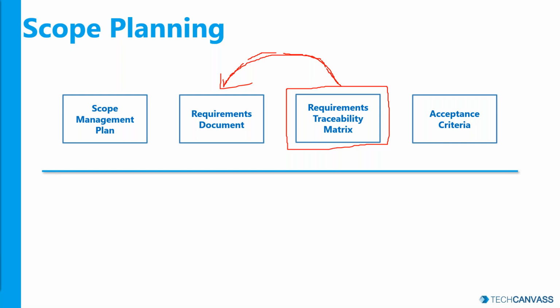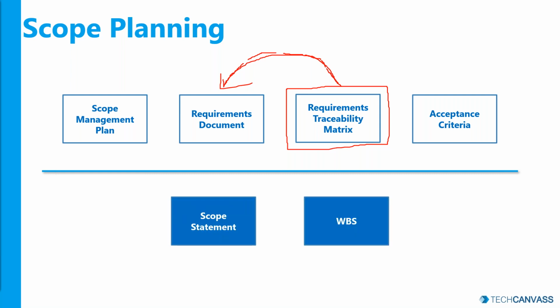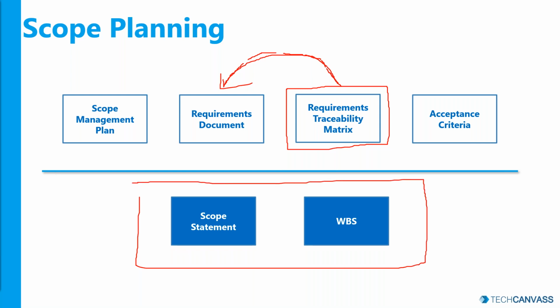So again, you can also commit or baseline scope. Scope can be baselined or committed to the customer using two tools called scope statement and work breakdown structure, right? Your requirement that comes from the customer may be a 10-line requirement or one-page requirement, but throughout your planning phase, you would be elaborating the requirement and splitting it into lower level requirements called work breakdown structure. Okay. So this is with scope. More importantly, what you will be committing to the customer is the scope statement and the work breakdown structure as a part of your planning, at the end of your planning typically, right?